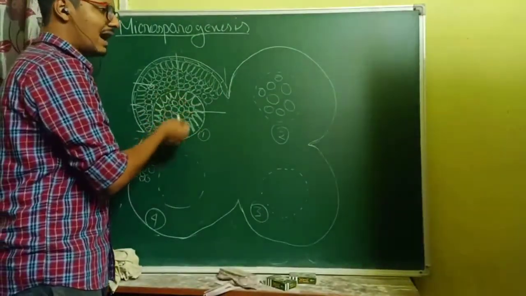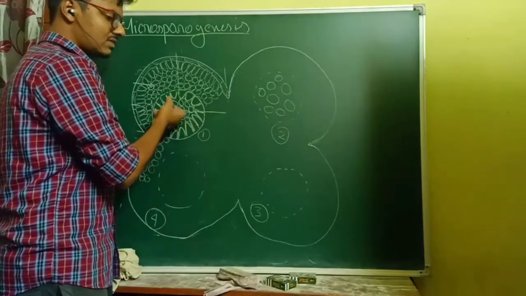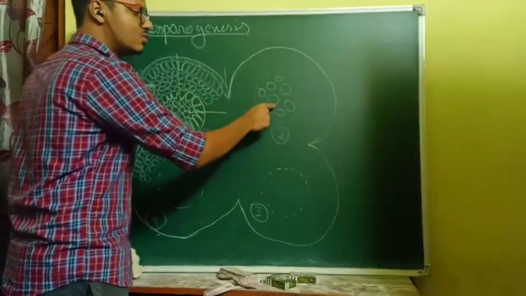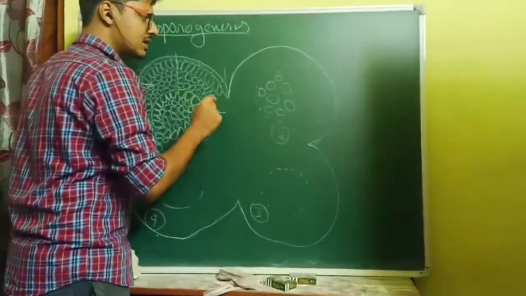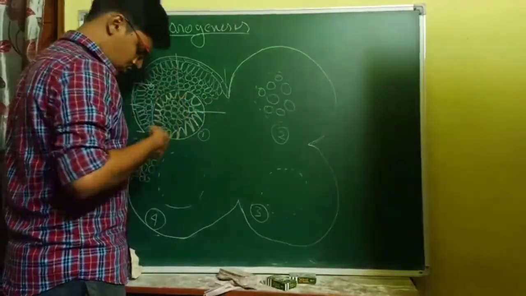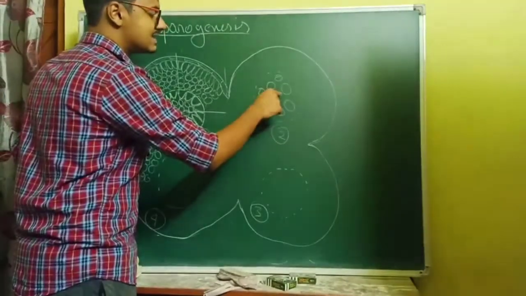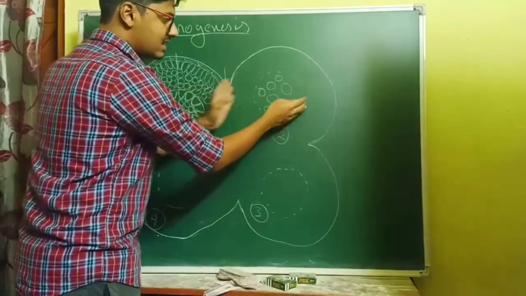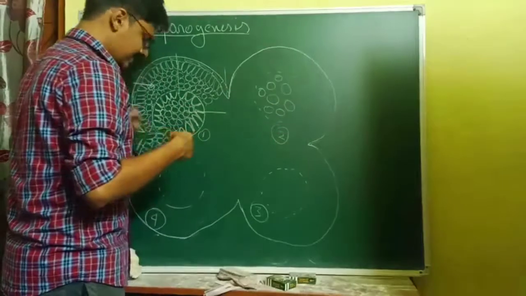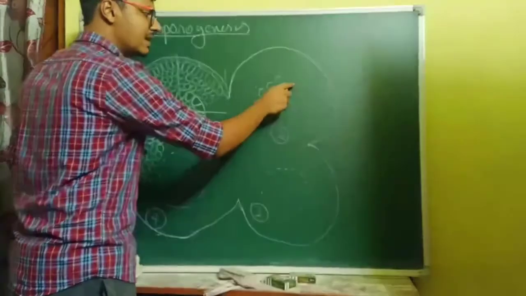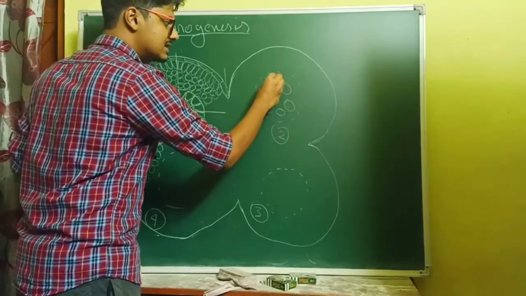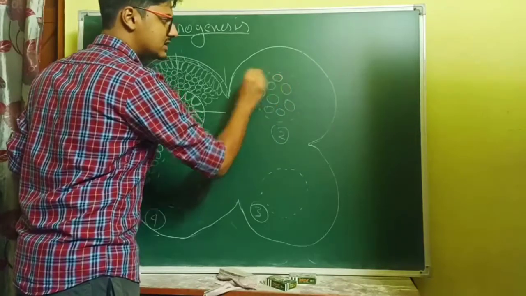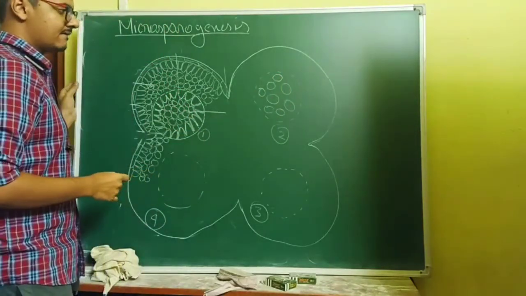Some cells die and their mass is absorbed as nutrition by these cells. So the number of cells has also reduced, and also the cell mass, or the anther, has grown a little bit bigger. That's why we are able to see that there is a space developed between the cells. This is the first thing that has happened.